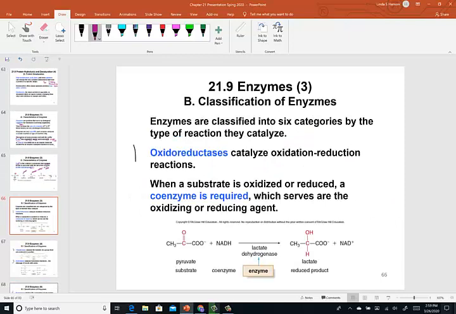We are going to explore 6 categories of enzymes, and you must know these by name. We'll take our time, but I'm laying it out here. You must know the 6 categories of enzymes and their function. We'll go through them one at a time. So these are 6 categories by type of reaction the enzymes catalyze. The first of the 6,